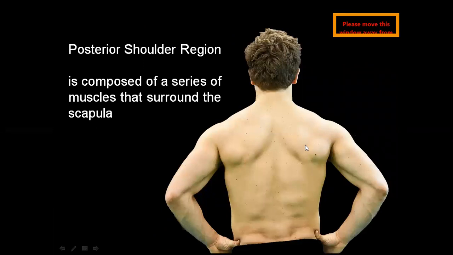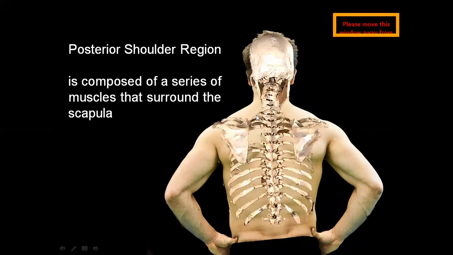Now, this is the posterior shoulder region, which is composed of a series of muscles that surround the scapula. This rounded contour of the shoulder which you are seeing is produced because of the deltoid muscle, and this projection, we know, is the trapezius muscle, and this is latissimus dorsi, isn't it? And this, from behind, you see is triceps, isn't it? Now see, the various bones which we see underlying are the scapula, clavicle, and of course we have the vertebral column, from where you have seen the attachment of certain muscles like levator scapulae, rhomboids minor and major, when we were doing the muscles of the back.